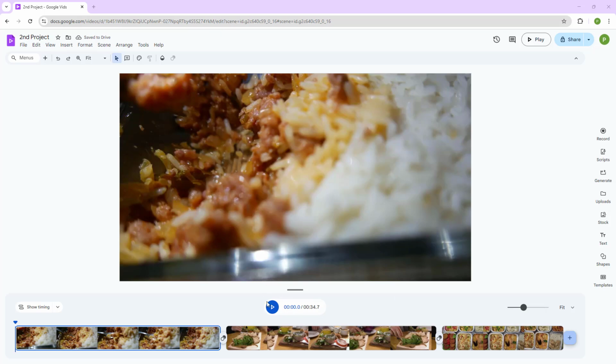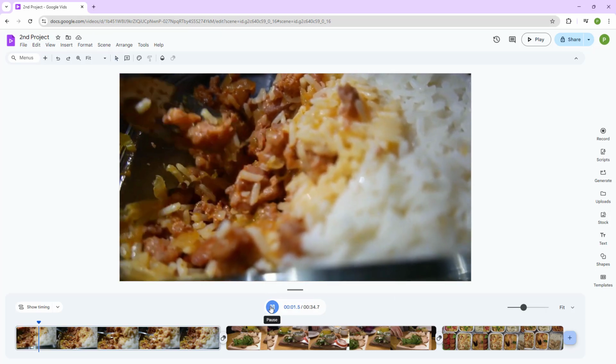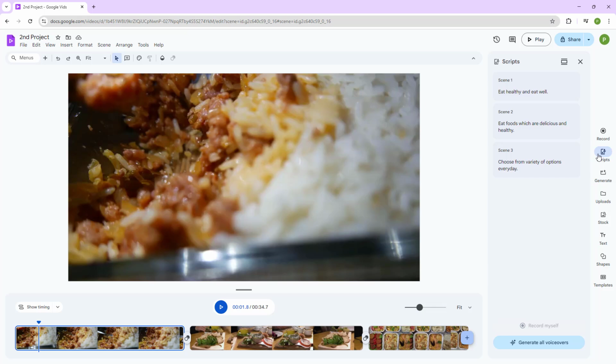So over here, you can see that I got these video footages right here, and I got a script for it as well. So what you can actually also do is go ahead and generate out voiceovers that you can use right here. So to do that, over here, you can see that I already have a script. So you can go ahead and choose to click one particular scene right here and click on generate the voiceover,